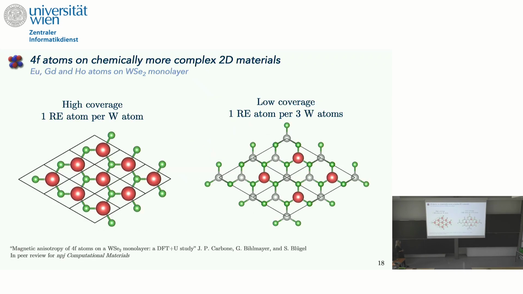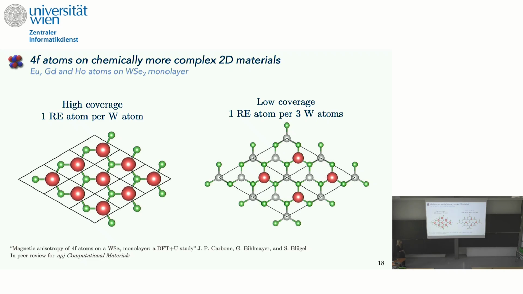So lastly, I just want to give a very tiny insight on the fact that we also went a little bit farther and analyzed other 2D materials, which are chemically a little bit more complex compared to graphene, like tungsten diselenide, monolayer. Again, I picked europium and gadolinium as half-filled 4f shell representatives and holmium as an open 4f shell representative with strong spin-orbit coupling. And I investigated these two